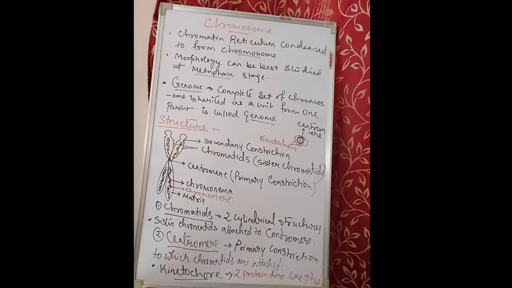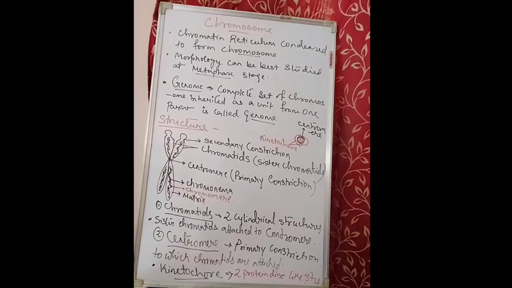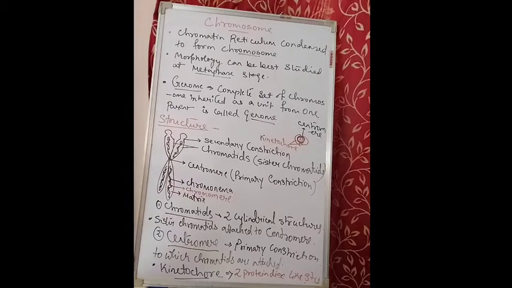Next topic is chromosome. A chromosome is the condensed part of the chromatin reticulum which is present within the nucleus. These chromosomes are the main genetic material, which carries the genetic information responsible for inherited properties. This chromatin reticulum, which condenses to form chromosomes, is properly visible at a certain stage during cell division, known as the metaphase stage.